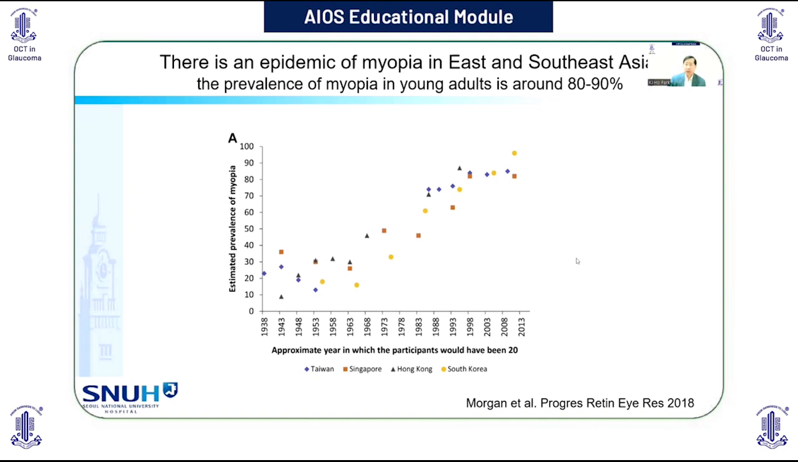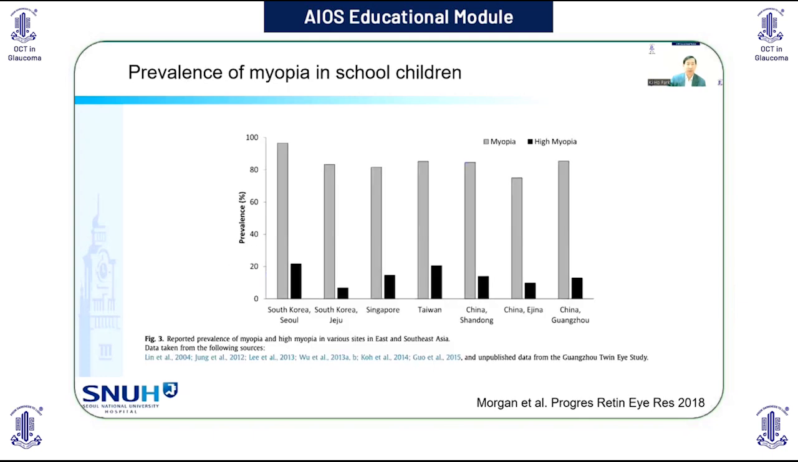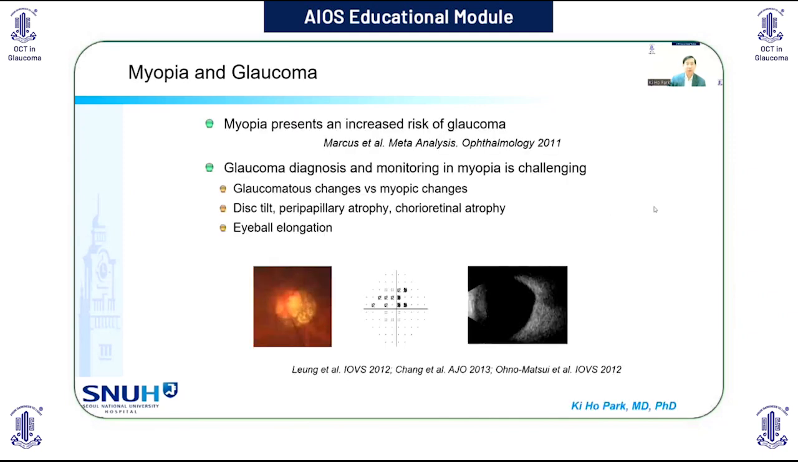So nowadays, myopia is a big problem because it induces many retinal problems and also glaucoma as well. And as you can see in this graph, Korea has the highest prevalence of myopia and high myopia among those Southeast and East Asian regions. Myopia is known as a risk factor of glaucoma, but the diagnosis of glaucoma in those myopic eyes is challenging